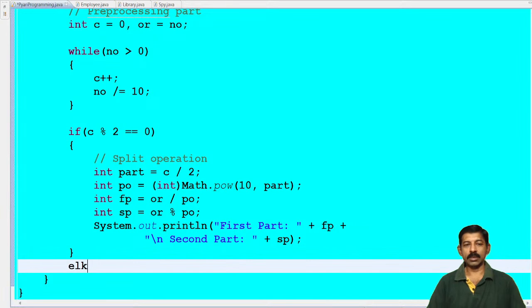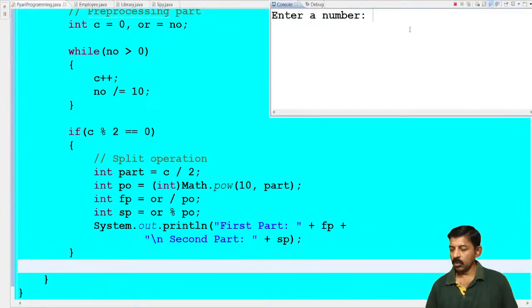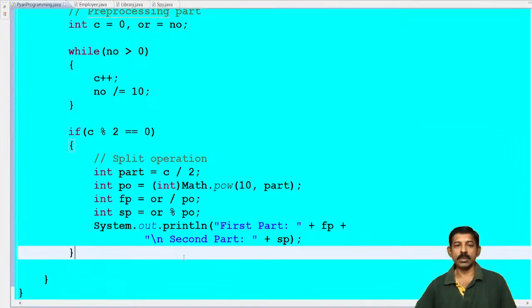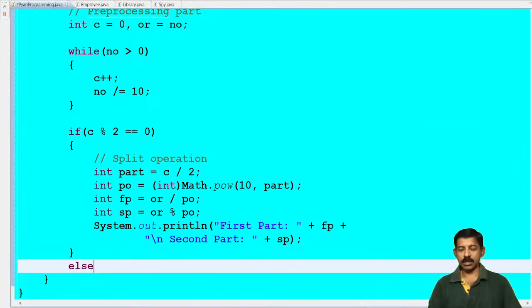We need else. Why we need else? Because I'm executing it. If I'm going to give 125, no output is coming because else part is missing. It is odd number of digits. So else